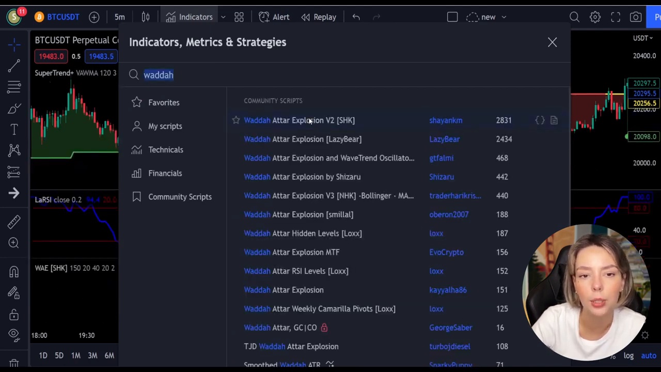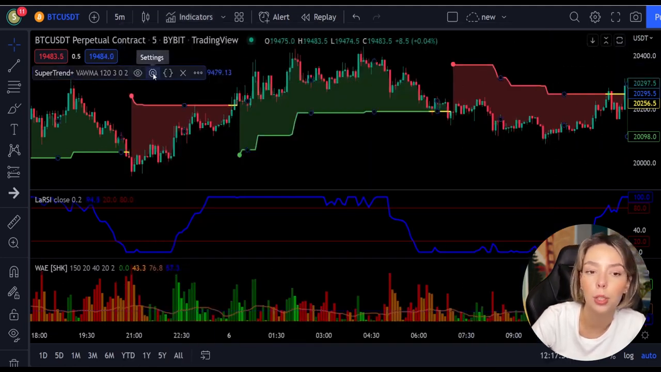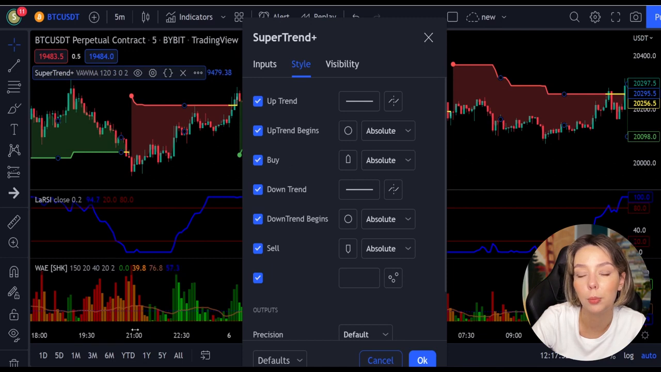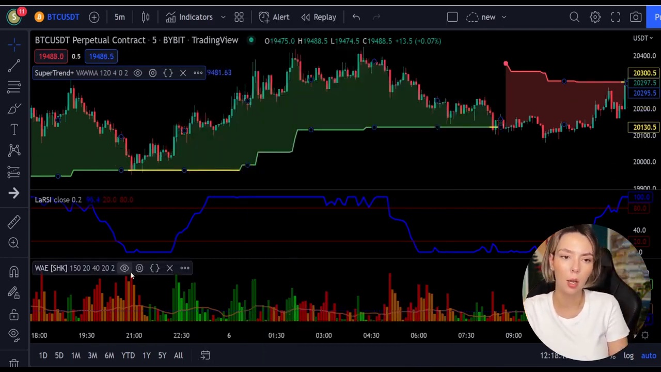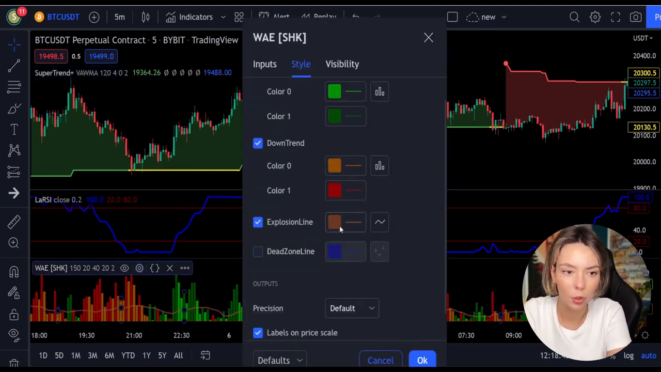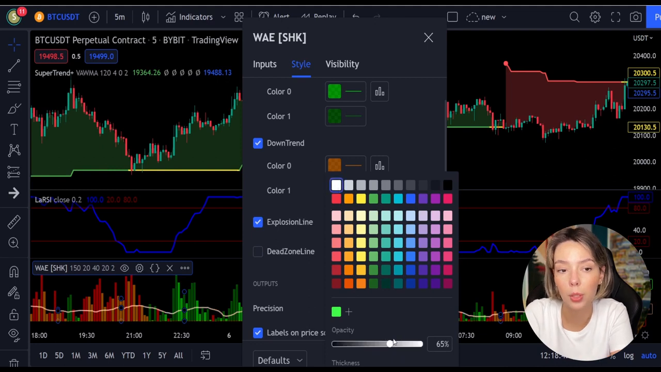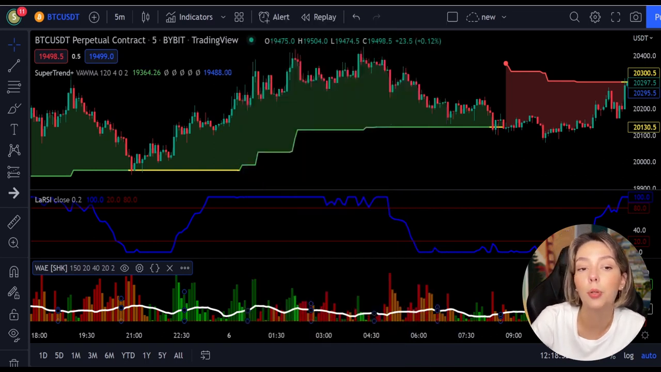Now we need to change the settings on these indicators. Here we will go in settings for Super Trend Plus and change the Super Trend multiplier from 3 to 4. And now in settings for Vedha Eta Explosion in the Styles section, let's get rid of the dead zone and make the explosion line a bit more visible. Now our charts are set and we can get into the strategy, so let's talk about the rules for entering